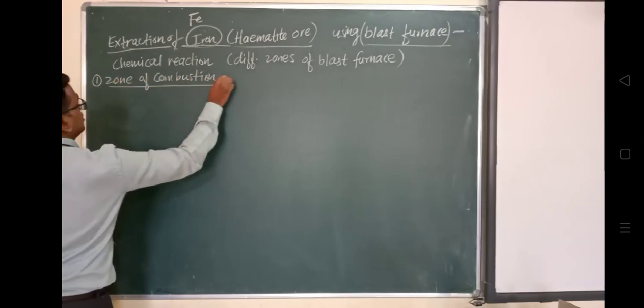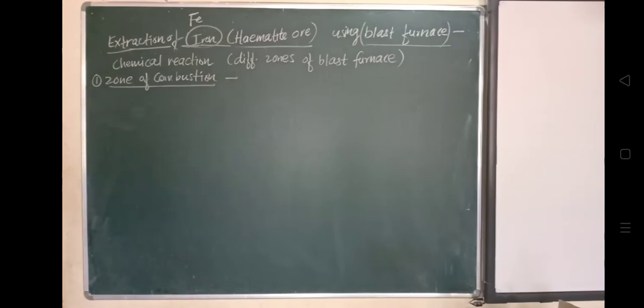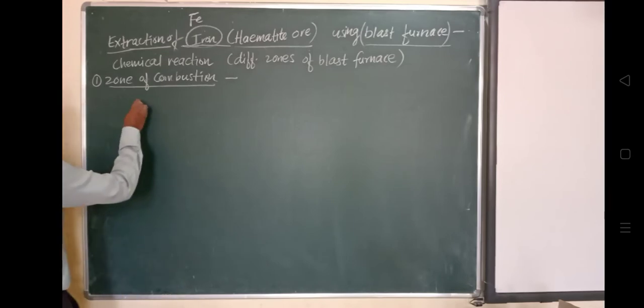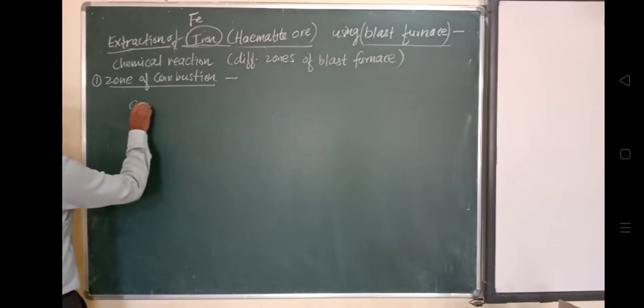Why? Because these hot carbon-rich gases combine with carbon monoxide and move in an upward direction. And we know the charge is coming from the top, and when they combine, some chemical reactions will take place. That's why this carbon monoxide is called an indirect fuel, and here it is also acting as a reducing agent. What is it reducing? It is reducing Fe2O3. So this is the very first zone, called the zone of combustion.